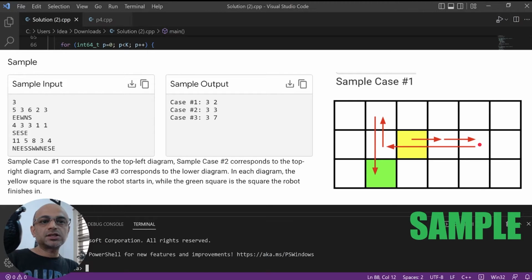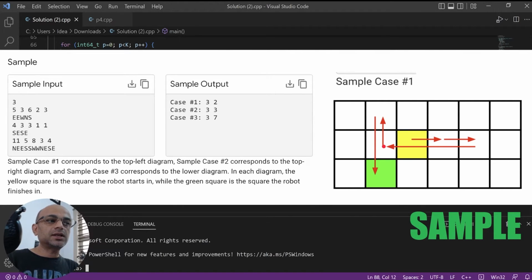The third instruction is W, so we have to go to the left, so we come to 2, 4, but we have already visited the square, so we will again move to the left, that is 2, 3. This also we have already visited, so we will again go towards left to 2, 2. That was not visited before, so we stop there.